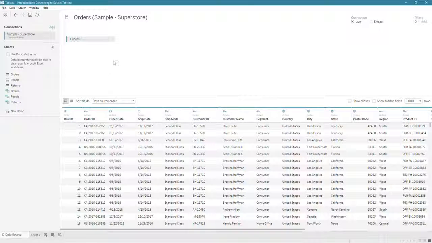That does the same thing as dragging it onto this pane. And what we now see is our default summary level view. We see the first 1,000 orders by row ID. And I can see from this data selection what data types are being pulled in. So I'm pulling in integers for the row ID, strings,